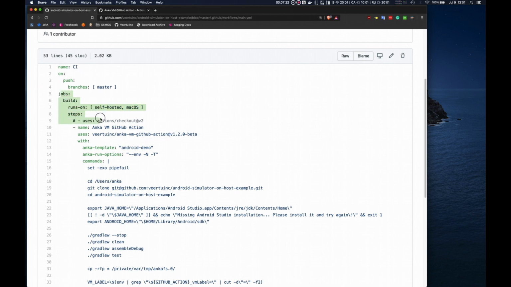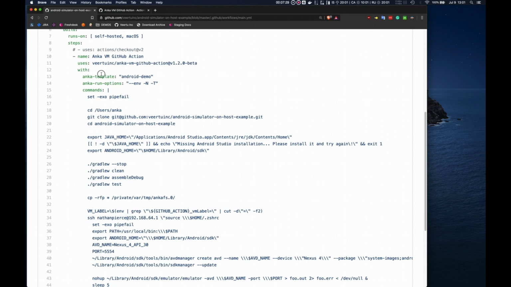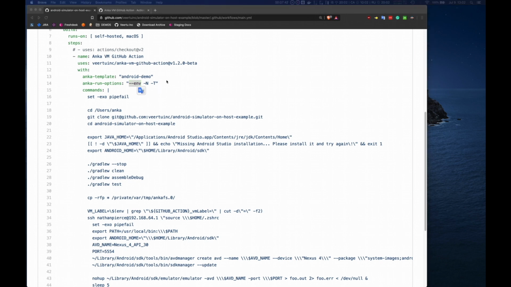So you can see there's a very typical format and structure. We then have the GitHub Action right here, and then we load our Anka template right here. I called mine Android Demo. The Anka run options, I'm passing in the environment variables. Make sure to pass in environment variables. It's very important because the